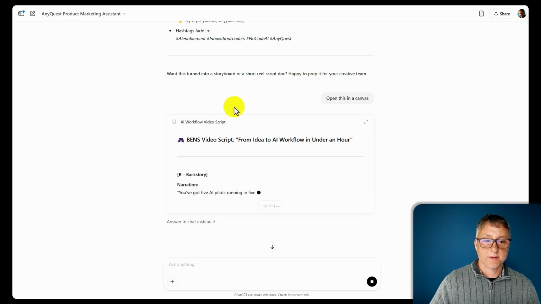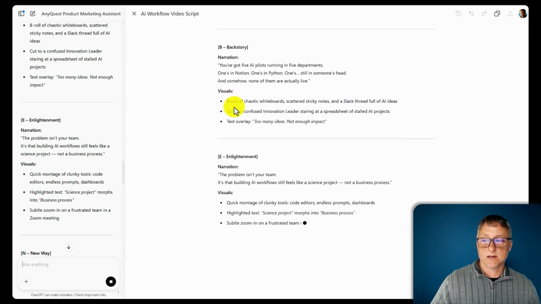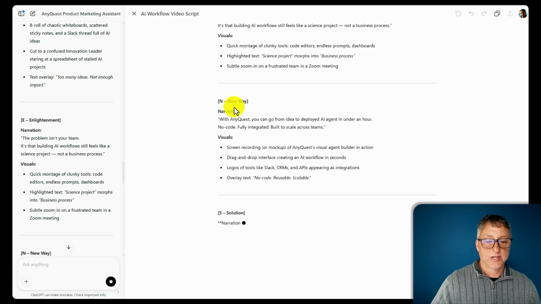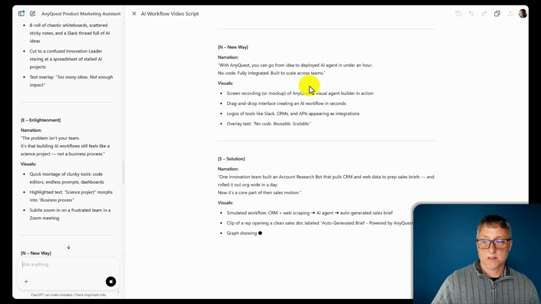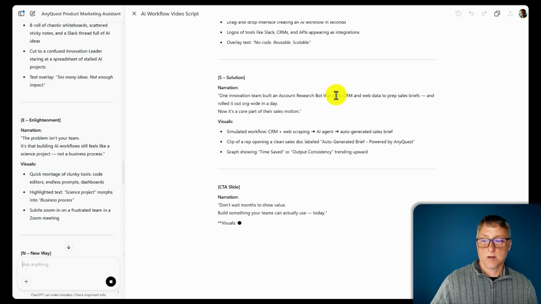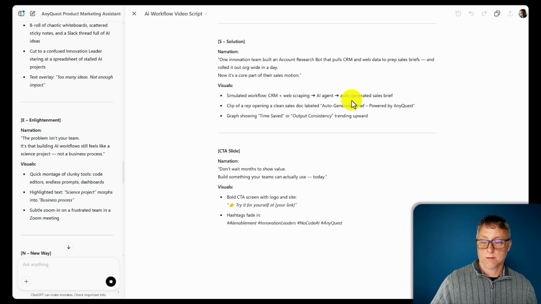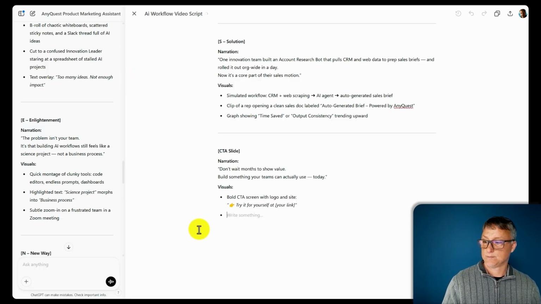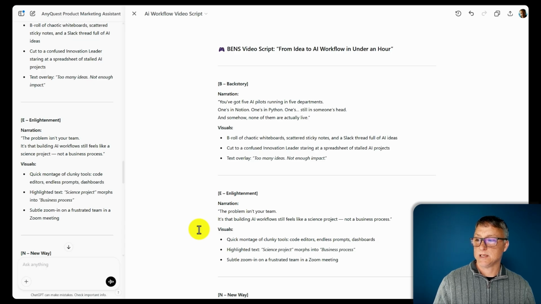And now, as you remember from an earlier segment, this is a way where we can iterate on the content without tripping over all the chat prompting and content regurgitation. So what I'm going to do here is work through a couple of little pieces and just make this a little bit better. First thing we're going to do is get rid of the hashtags. Let's go up to the top here and say